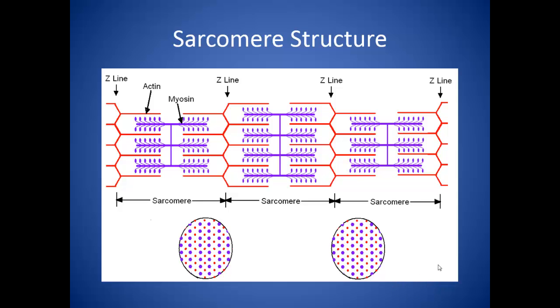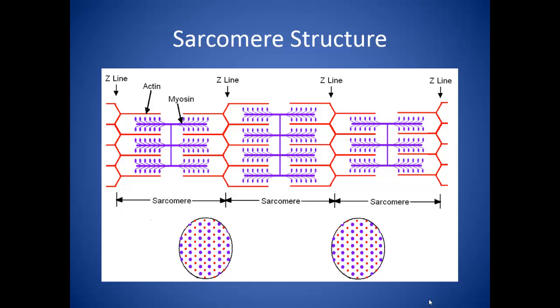Those projections are sometimes referred to as myosin heads, and those myosin heads actually are going to be the part of the myosin filament that will span the gap and cross between the myosin and the actin and form a bridge, and that is where we get the term crossbridge from. That's going to be very important in the crossbridge cycle, which is going to allow those filaments to slide past